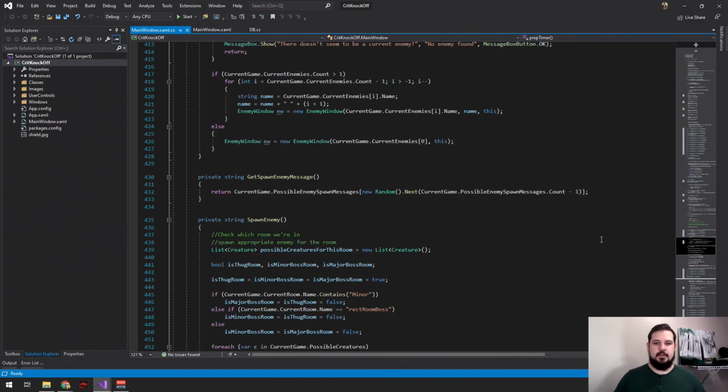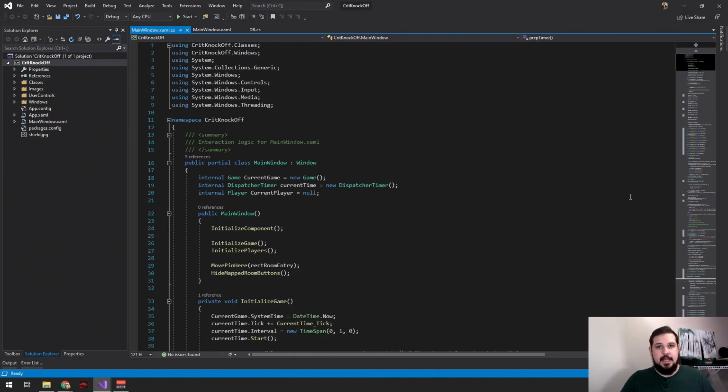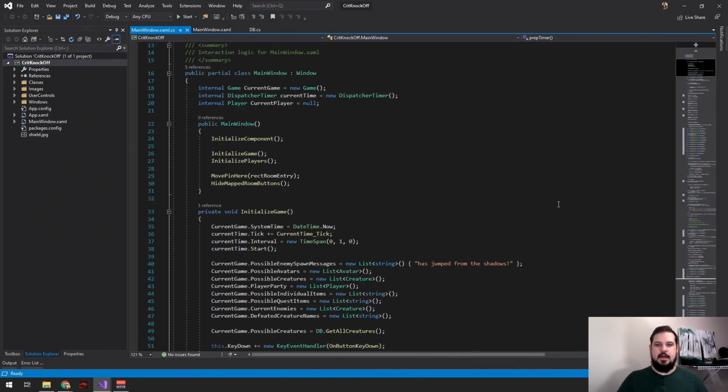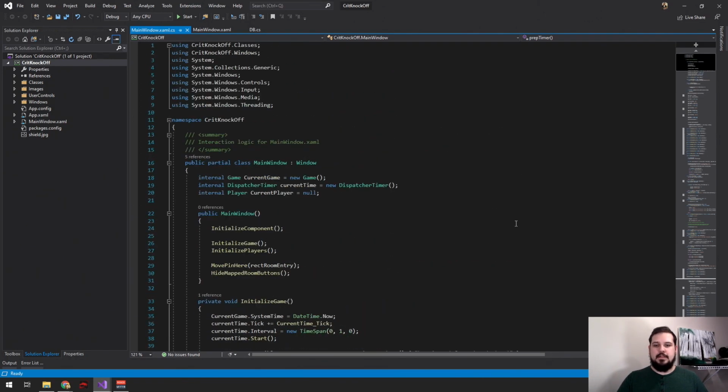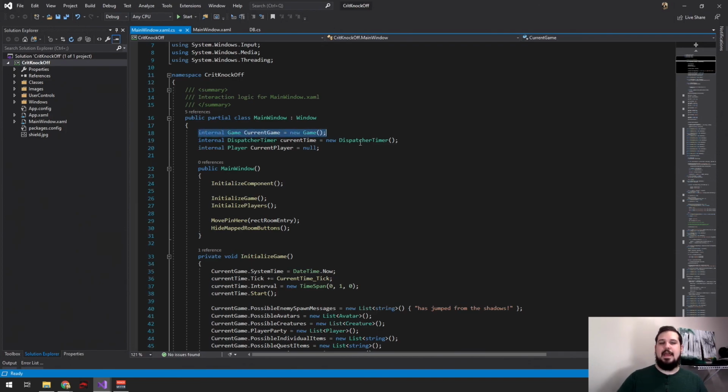So this is some of the code, and I don't expect you to understand any of this. Trust me, I don't. It's not that it's overly complicated, it's just a little bit further down the line of development than understanding primitives. But what you can see here is I have a variable. This is a variable of type game. It is a custom variable. It is a custom object. It is not a primitive, but it is a variable called current game. Current game, I could very easily name it X,